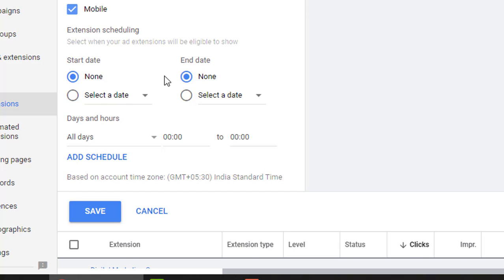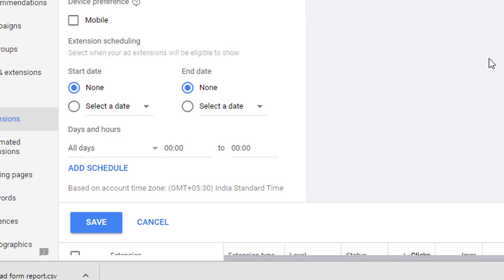Then comes the scheduling part. In scheduling, I can set when these call extensions should appear along with my ad, which days they should appear, whether on weekdays or on weekends, what dates they should appear, and what times.